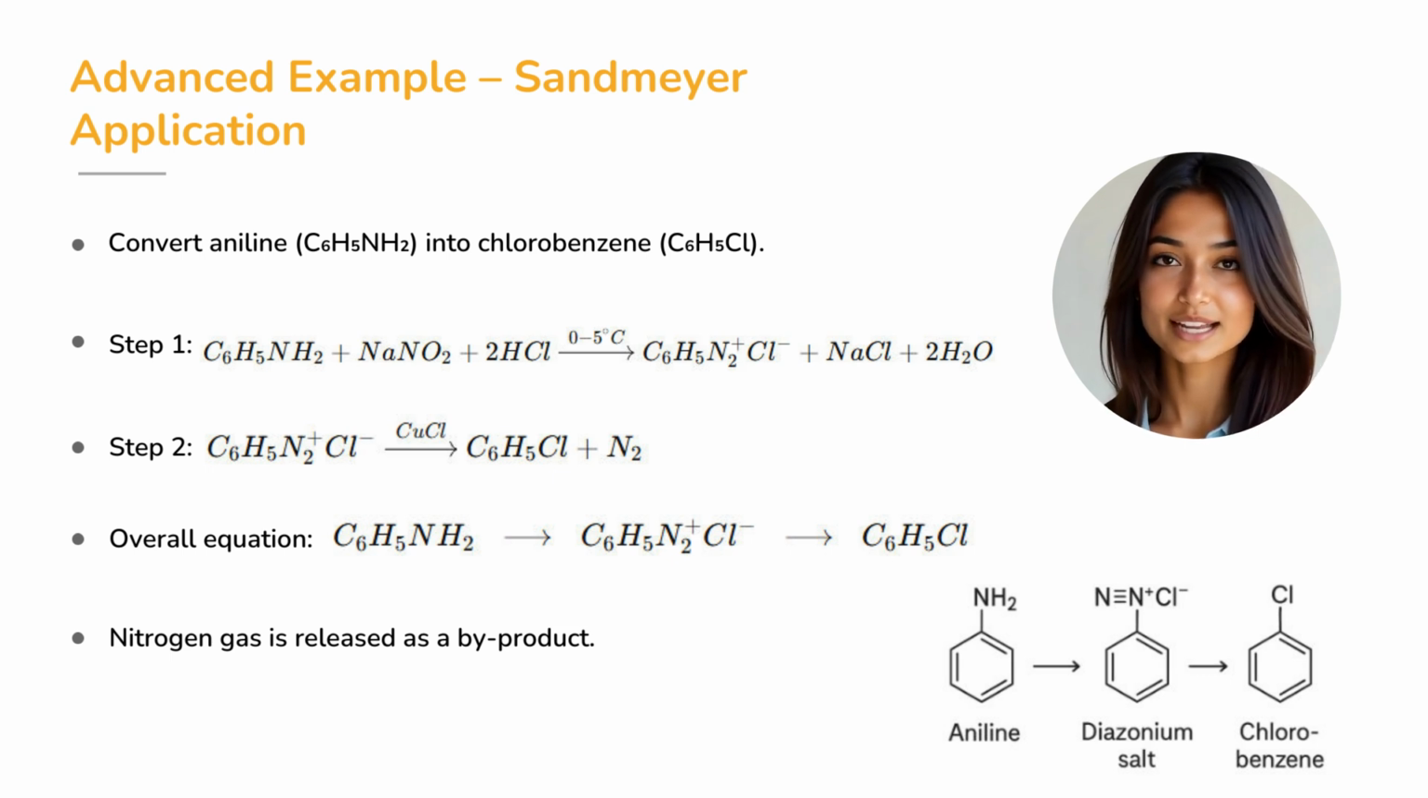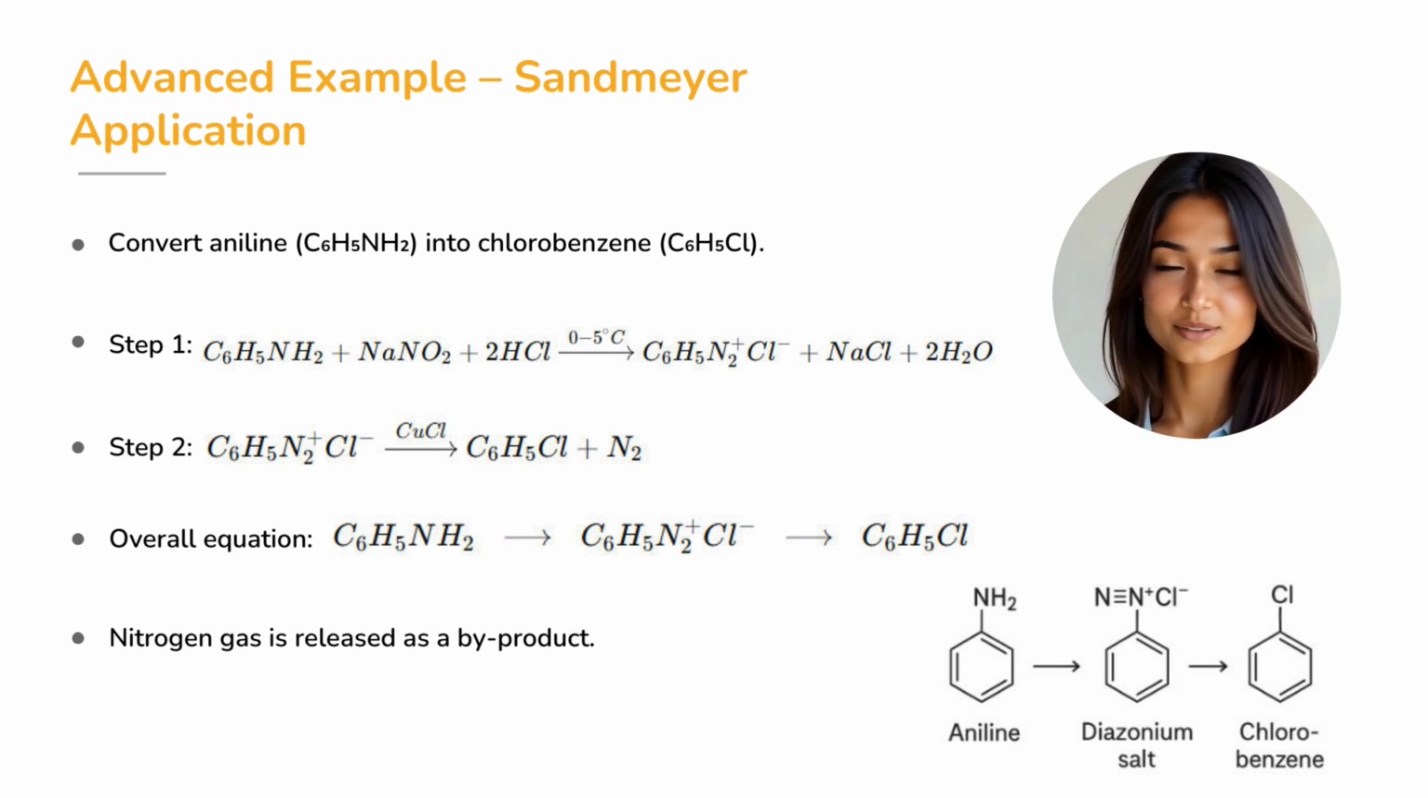Suppose we want to convert aniline into chlorobenzene. Step 1 is diazotisation. Treat aniline with sodium nitrite and hydrochloric acid at 0 to 5 degrees Celsius, and we obtain benzene diazonium chloride. Step 2: react this diazonium salt with cuprous chloride and nitrogen gas escapes, leaving us with chlorobenzene. So overall, C6H5NH2 converts to C6H5N2+ Cl-, which then gives C6H5Cl. This example shows how diazonium salts serve as a versatile platform for substitution, with the release of nitrogen gas driving